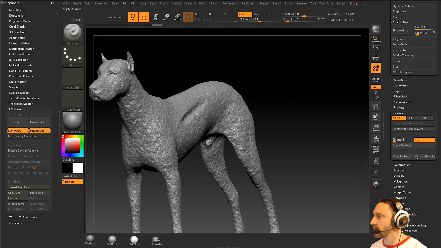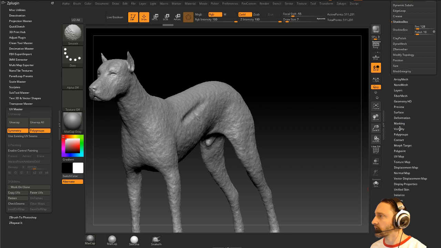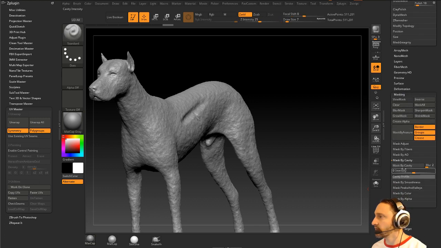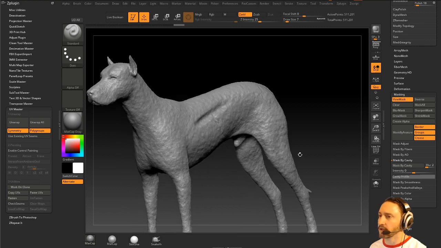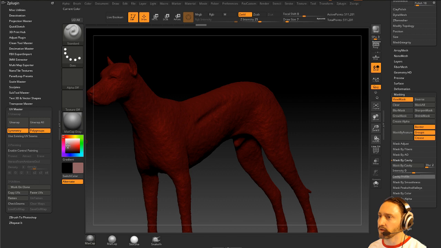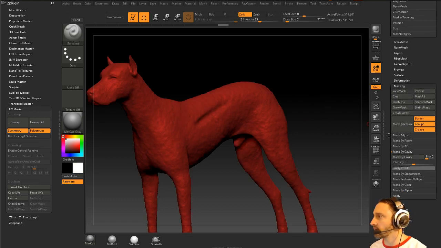Here, and we'll go ahead and apply to our mesh. And then we can go in here to masking, and you can mask by cavity, you can mask by peaks and valleys, however you want to do that. And then we can fill this, and then invert that cavity, and then fill this. You can also actually poly paint by the surface noise while you were doing your surface noise. If you've noticed in there,